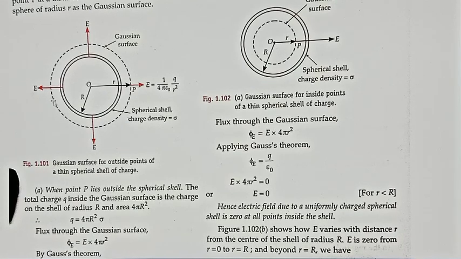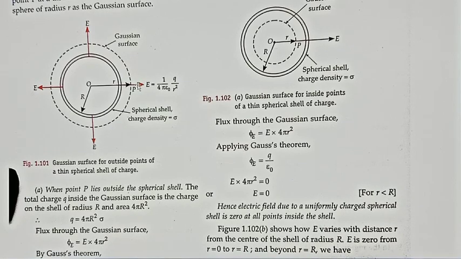We have to consider a Gaussian surface, and on that Gaussian surface we have to consider that point P. You can see here P is lying on the Gaussian surface. Now if you see the symmetry of the problem, the Gaussian surface is also a spherical surface. Fine. Now at this point P, if you imagine a surface element, and if you draw the surface vector or area vector and electric field, then the angle between the area vector and the electric field is equal to 0. Fine, it is equal to 0.